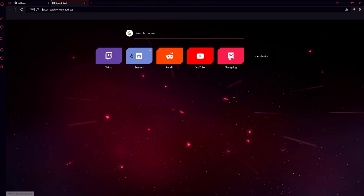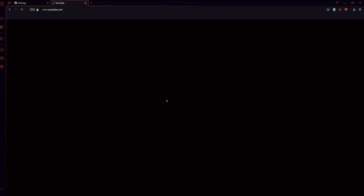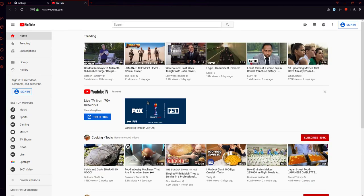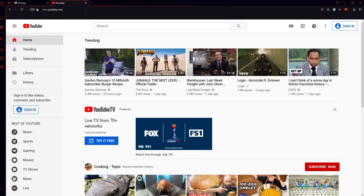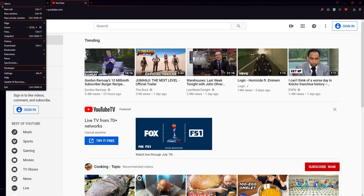Or in Chrome, if you open up a page and make it 150 instead of 100 in size, all the other pages become 150. One great thing about Opera is if I make YouTube 125, and I make Facebook 150, when I go back to YouTube, it'll be 125, and Facebook will always be 150. That's the great part. The sad part is you have to do it for every site the first time, but